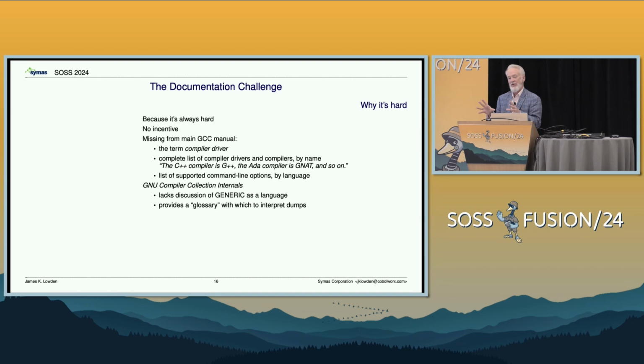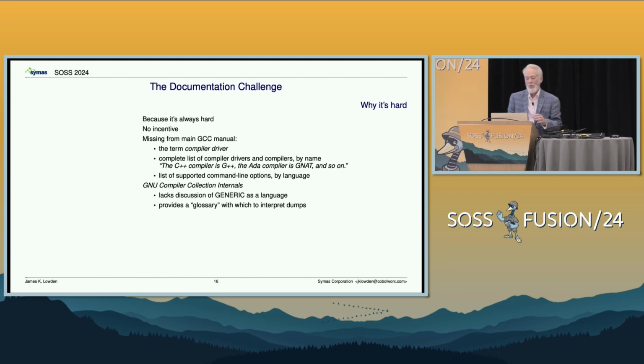So as I said, I don't think there's a lot of commercial incentive to document the internals of GCC. But I think there's a huge open source reason to do it. GCC is possibly the indispensable tool that we have in our whole suite. I'm not sure where else you would go. I don't know of another compiler that does what it does. But you'd be amazed what is missing once you start looking for things you need to know. I use the term compiler driver for what we call GCOBOL. That term doesn't appear in the main GCC documentation.